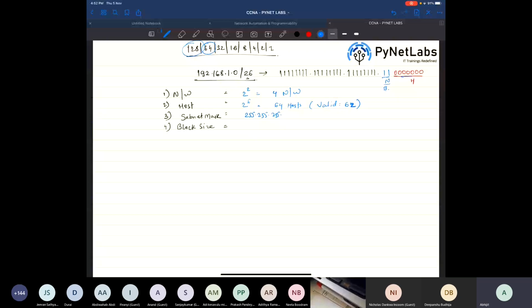So the first network starts at 192.168.1.0 and it ends at 192.168.1.63. The second network starts at 192.168.1.64 and it ends at 192.168.1.127. The third network starts at 192.168.1.128 and it ends at